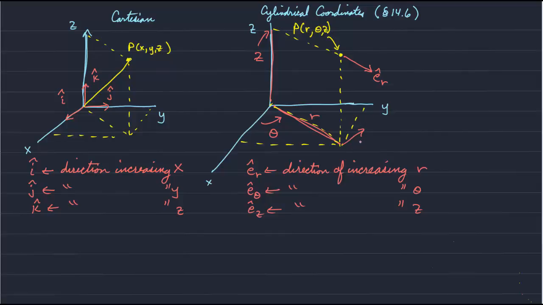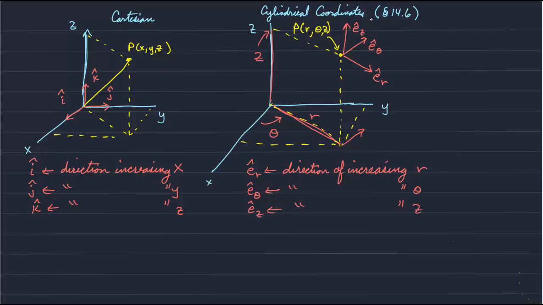If we project that onto the xy plane, it would look like this. But up here at point P, e hat theta is directed sort of into the screen of the computer and to the right. And then the direction of increasing z is again upward,